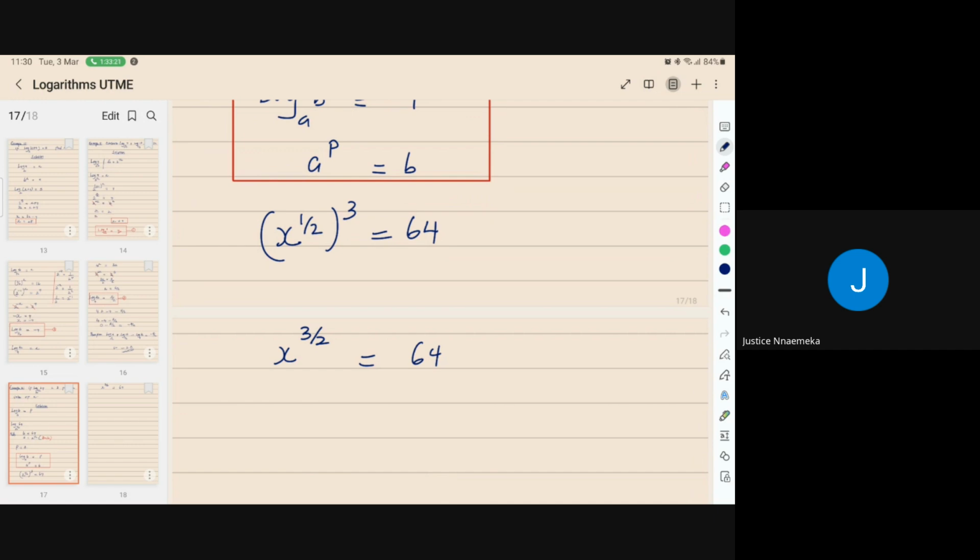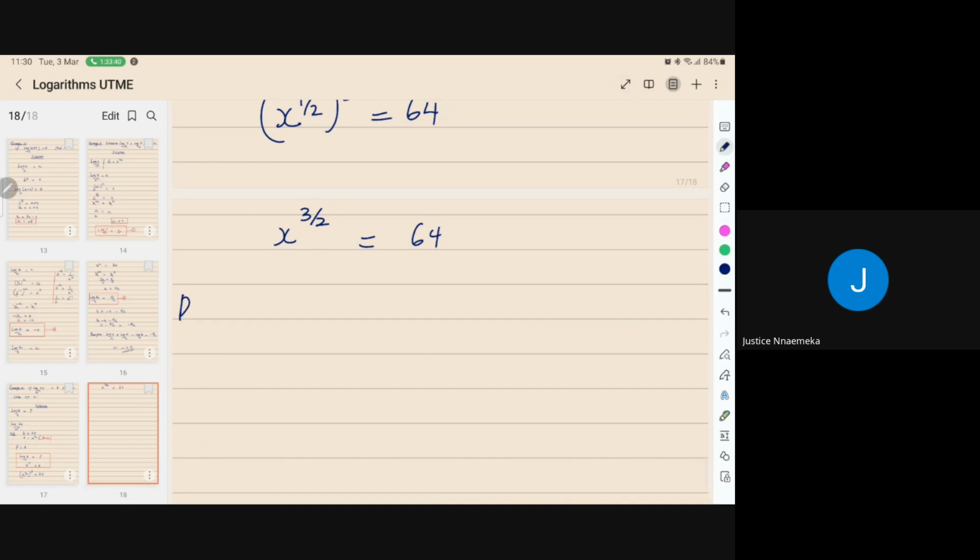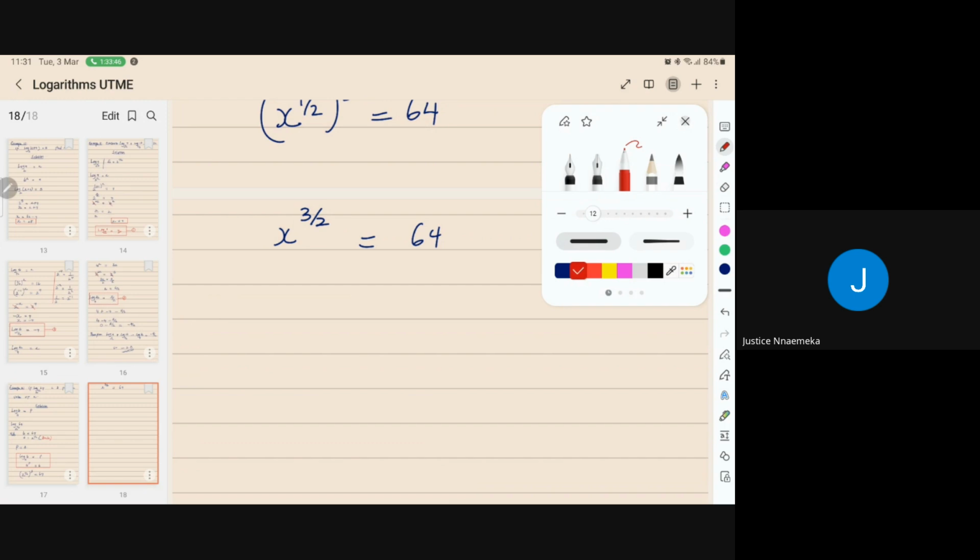All right. Now, I want to do what I call acrobatics now. When I have something like x to the power 2 is equal to 64, to get the value of x, I do x equal to square root of 64. Why am I doing square roots? Let me draw a line here before I do this. Now, recall. This is a very crucial thing I want to do now. So get ready. So recall